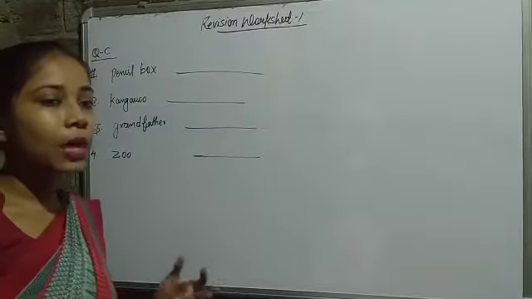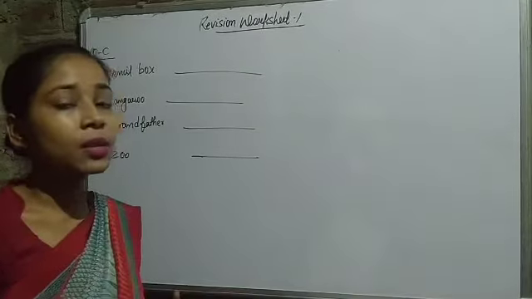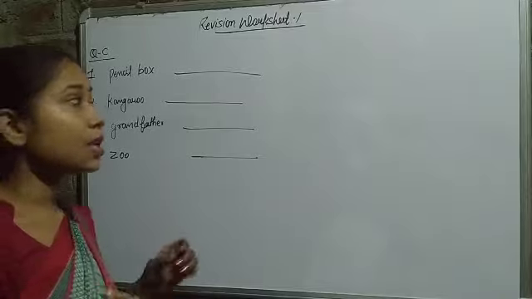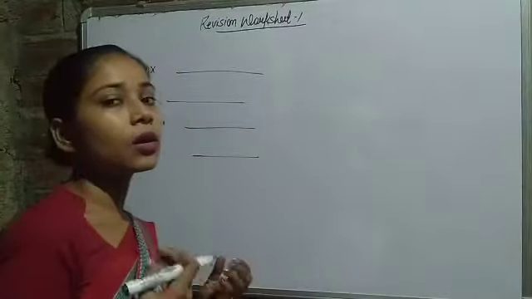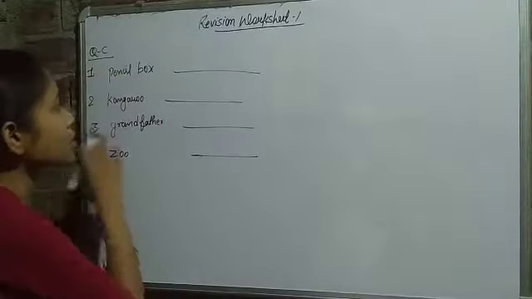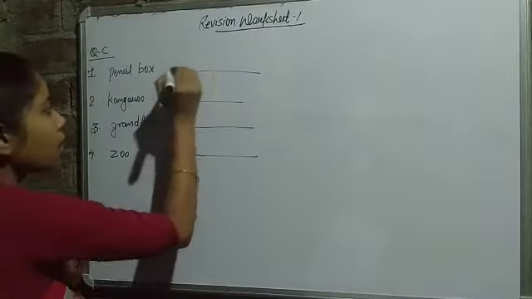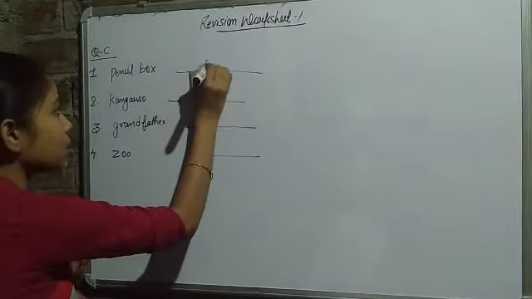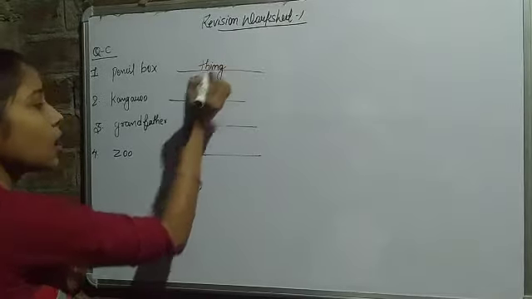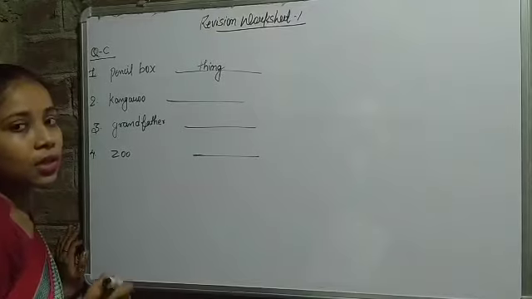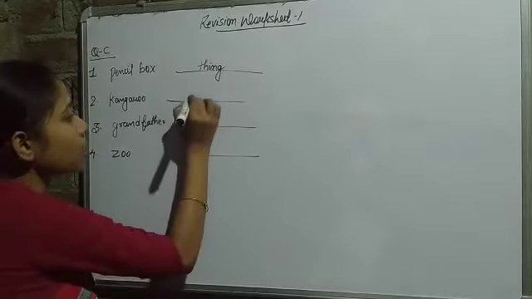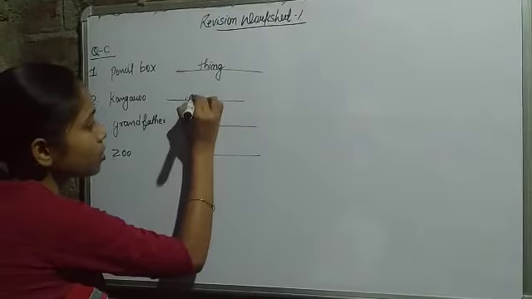मतलब कि नेमिंग वर्ड्स में हम क्या पढ़ते हैं, किसी भी पर्सन, प्लेस, एनिमल के नेम्स को. तो यहाँ पे हमें बस वही लिखना है. ये जो वर्ड है पेंसिल बॉक्स, ये क्या है? पर्सन है, प्लेस है, एनिमल है या थिंग है. So this is a thing, the name of a thing. So we have to write thing here. Now we have kangaroo. So this is the name of an animal. Okay, so I will write here animal.